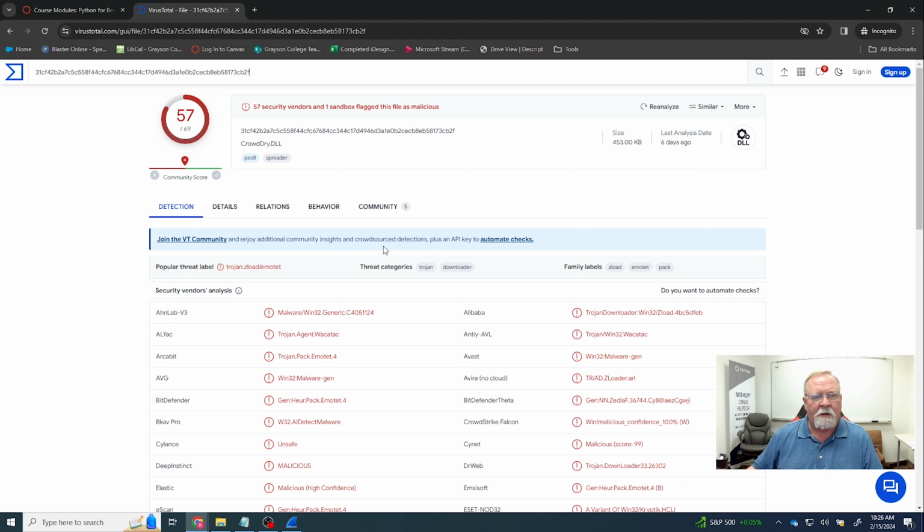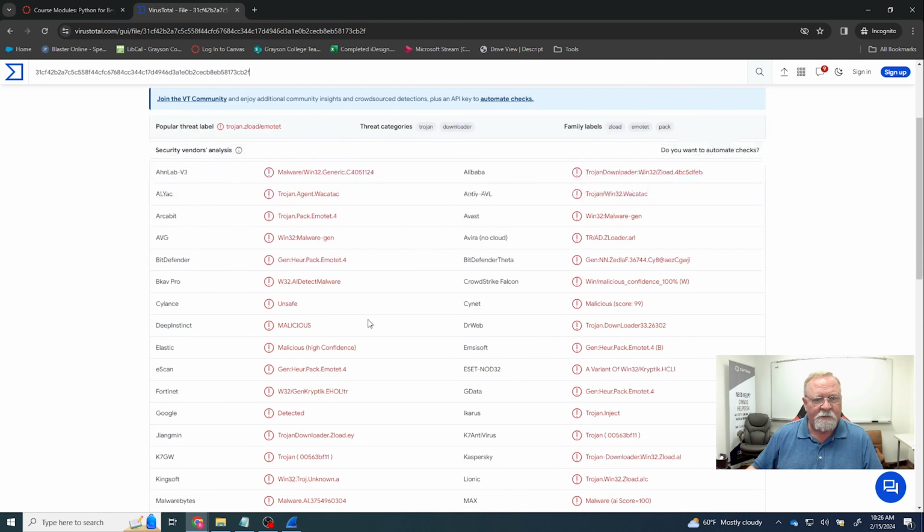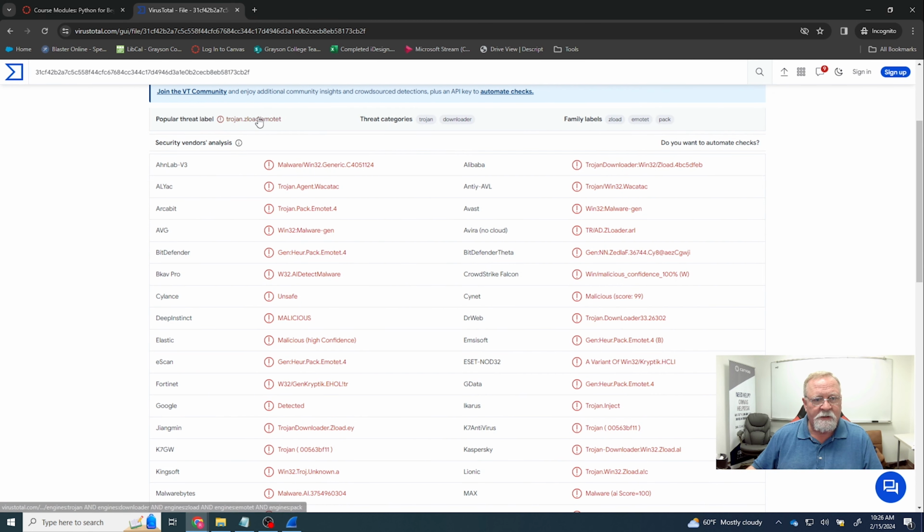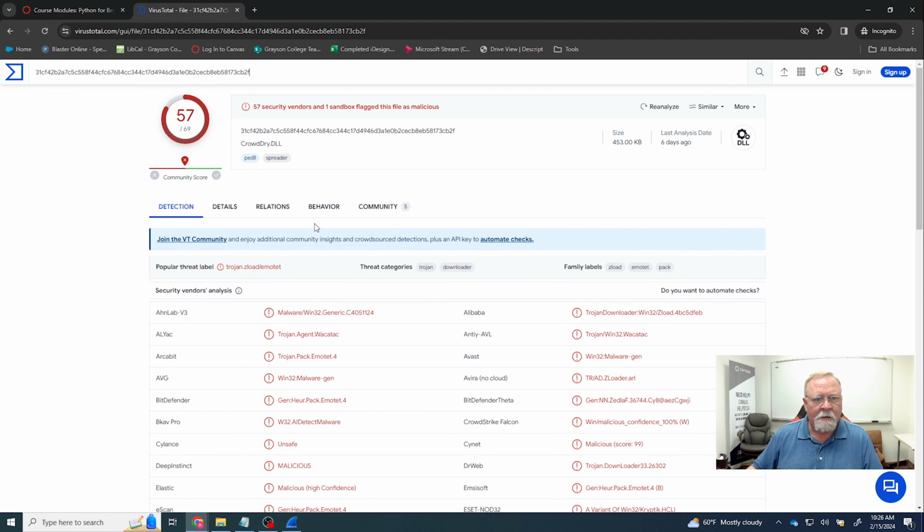Ooh, boy, look at that. 57 security vendors and one sandbox flagged this file as malicious. Look at that. It's malware for sure. This site will tell you basically what it is. It's a Trojan downloader, looks like. Its real name is crowddry.dll. It's a spreader,